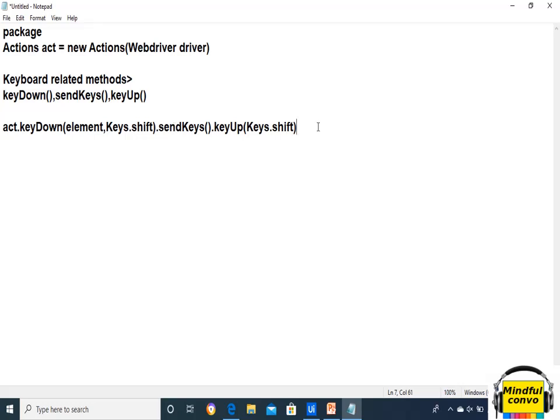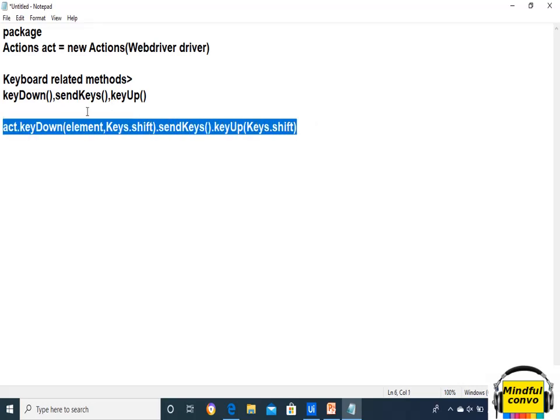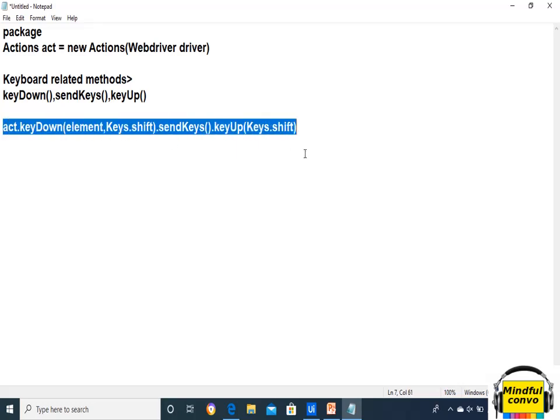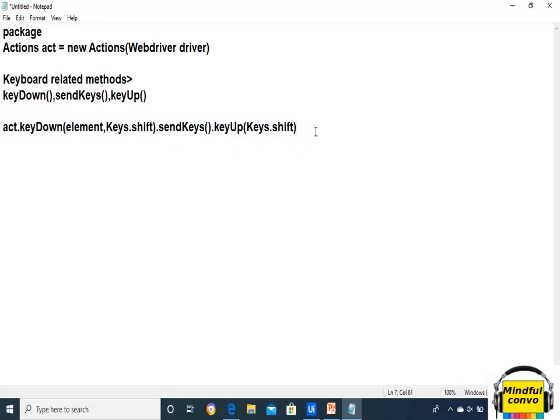This is for the time being not the complete method, because if we want all three functions in one line, then we need to write build and perform. So how can we do that? First of all, we need to make the object of Action.